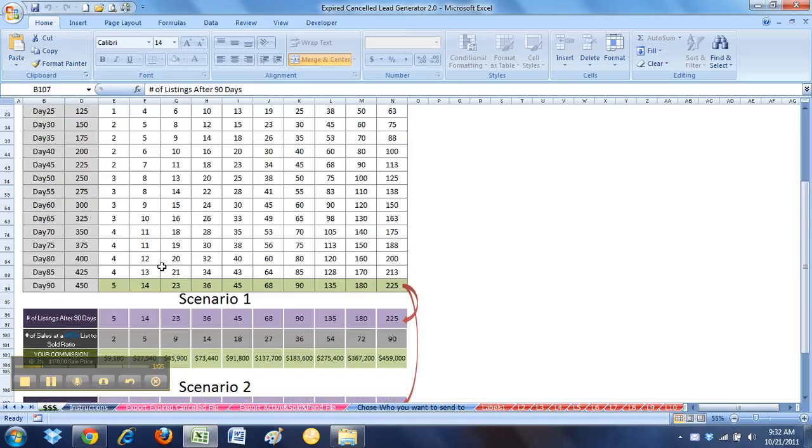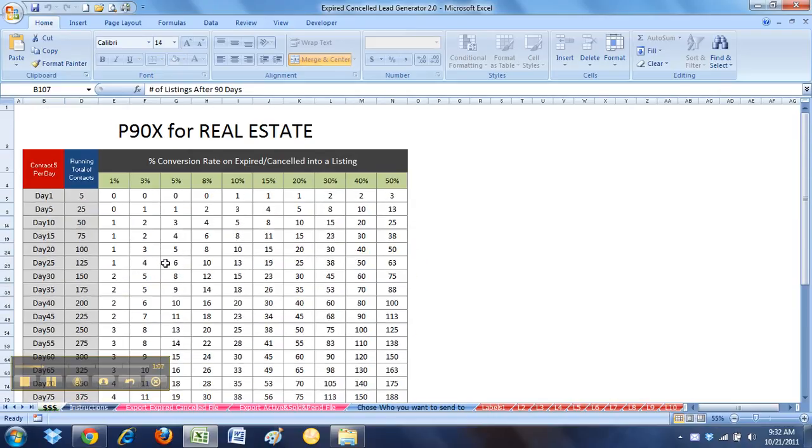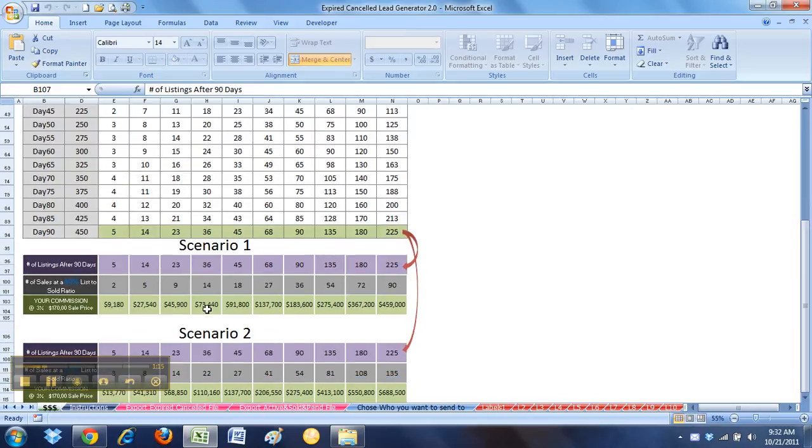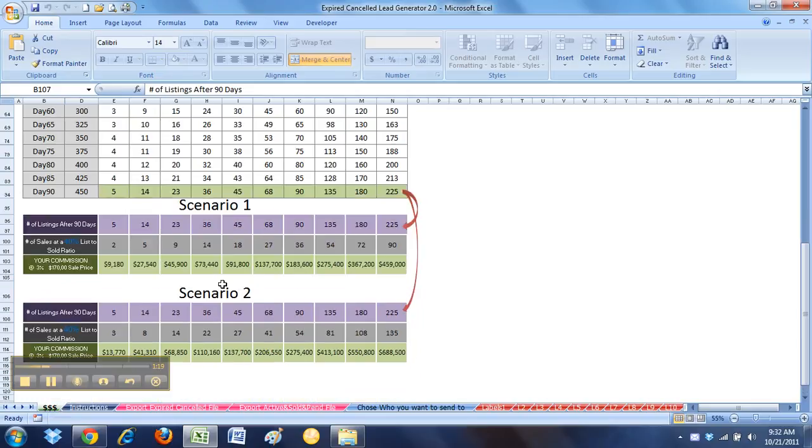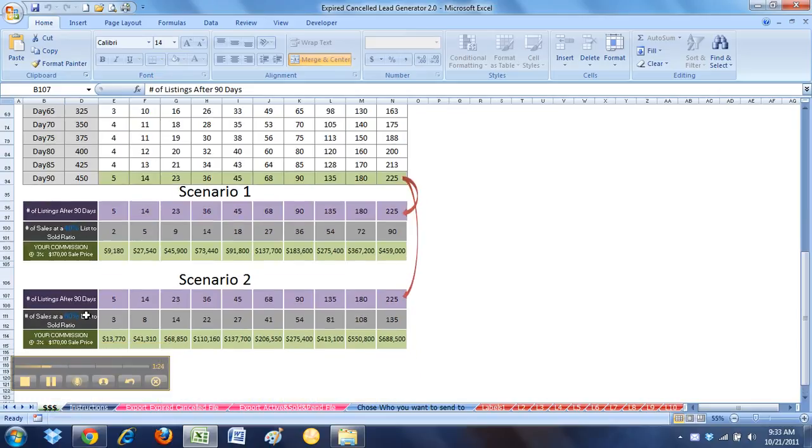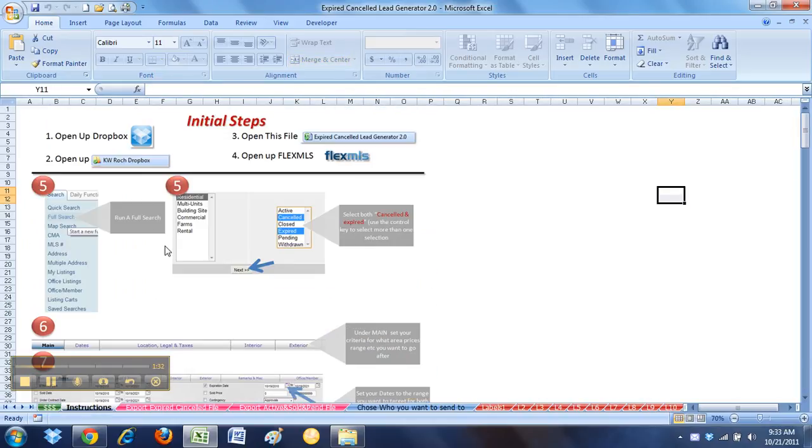It's got the scale here letting you know how much money you can make over a 90-day period if you stay consistent, and it does it by a certain conversion ratio. At an 8% conversion ratio over 90 days, if you hit everything, you could possibly generate $73,000, and that would be selling 40% of them. If you sell 60% of the listings, it can be up in the $100,000 range, and that's at a $170,000 sale price. And then there's the instruction page, which walks you through everything